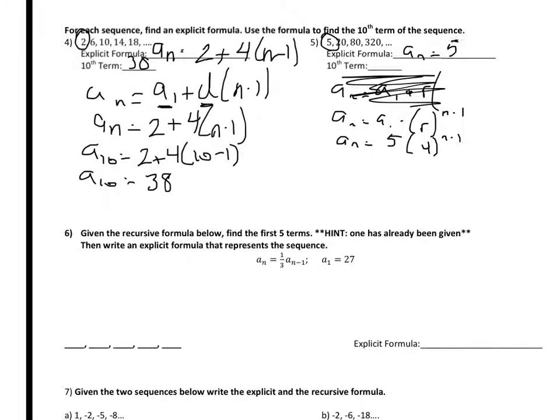It's going to be kind of crazy here. So give me a second. Remember, you can just plug this right into your calculator. 5 times 4, and then I'm plugging 10 into my calculator. Okay, this is a big number here. So 10 minus 1, the exponent first, is 9. 4 to the 9th is